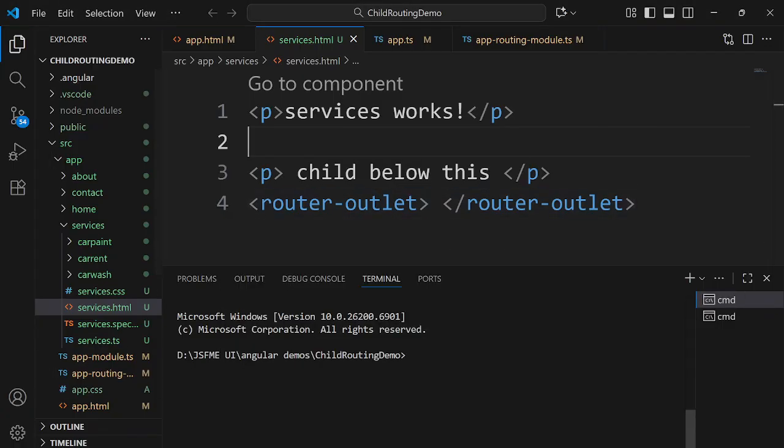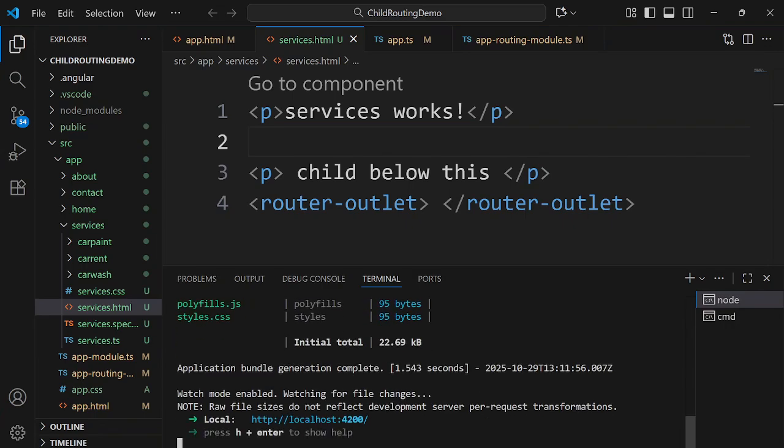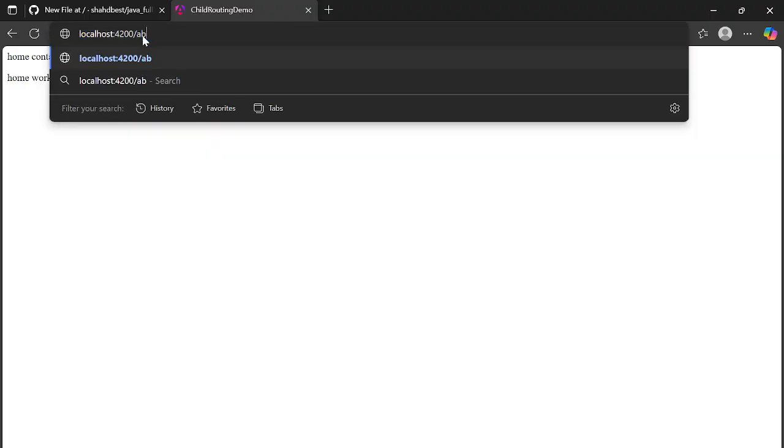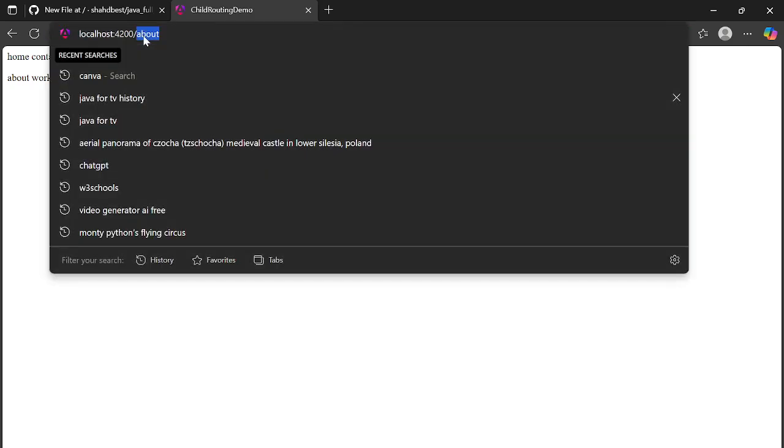So the last example that I have shared with you was about child route configuration. So let's just hit a ng serve and understand what exactly we have done in our previous example. Fine, so this was my last example where I was displaying this home component and everything. Like for example, if I type in the home, it was displaying me the home and the other details as well. So I told you that instead of typing it manually, like about or maybe service,